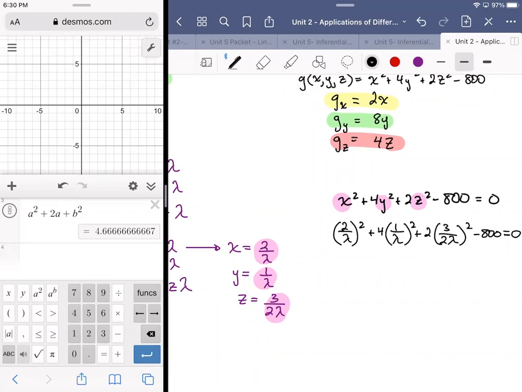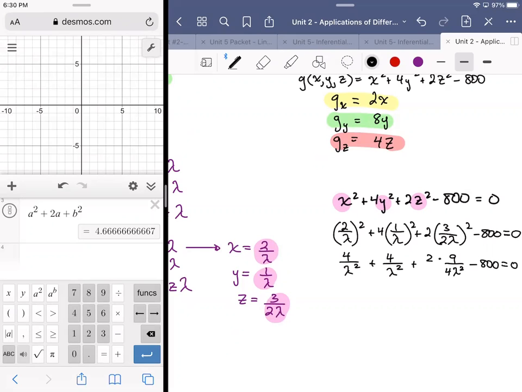So, just play it by ear here. So 4 over lambda squared plus 4 over lambda squared plus 2 times 9 over 4 lambda squared